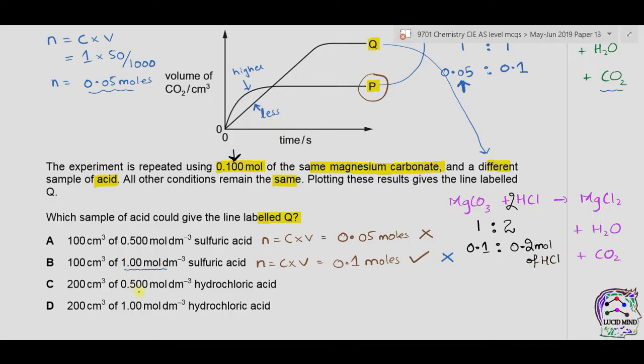Let's find the number of moles of HCl in part C. Using formula n is equal to C into V, the number of moles of HCl comes equal to 0.1 moles. Now as we can see that 0.1 mole of HCl is available instead of 0.2 moles, so therefore volume of carbon dioxide will still be less. So C is incorrect. Now number of moles in part D equals